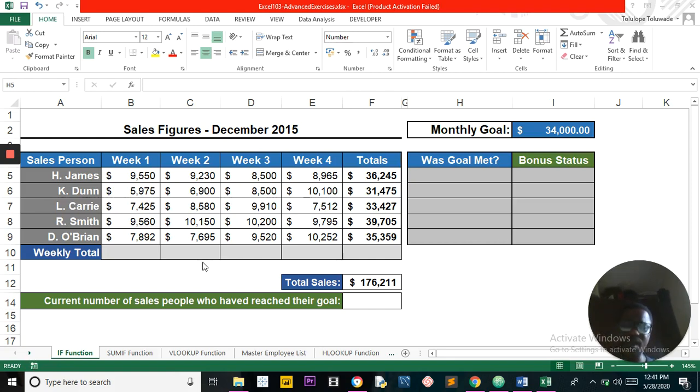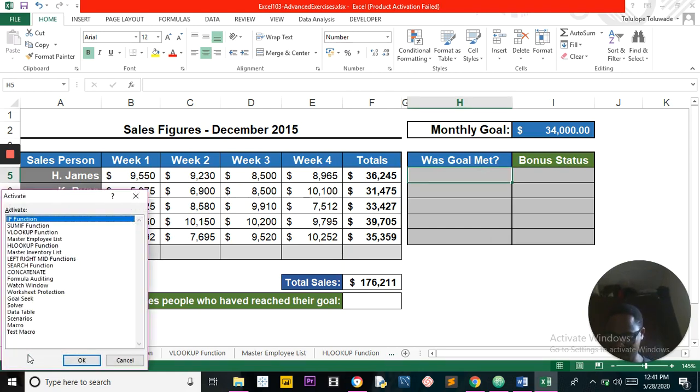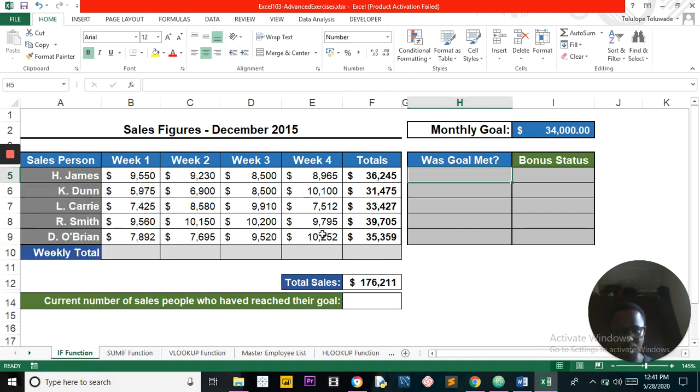So if you want to quickly navigate between different worksheets, you come here, the down part here, and right click. Once you right click, you can choose any of the worksheets you want to use. So we are at the if function worksheet. All right, so now this is the data showing the sales figures for different salespersons for different weeks, for 4